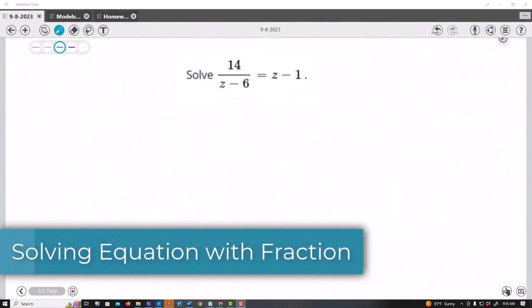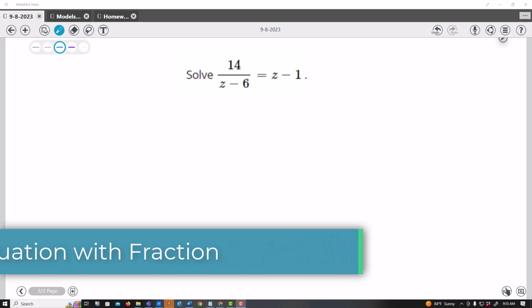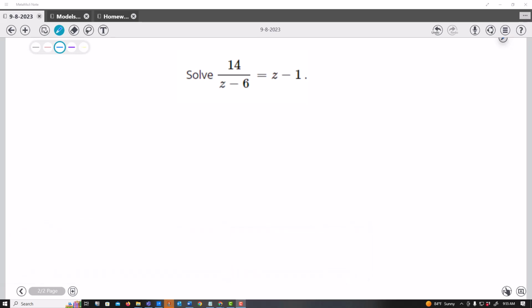Our favorite, solving with fractions. Well, the first thing that I do is I get rid of the fraction, because maybe I don't like fractions like you guys. So if I take this 14 over z minus 6 and z minus 1, if I multiply the